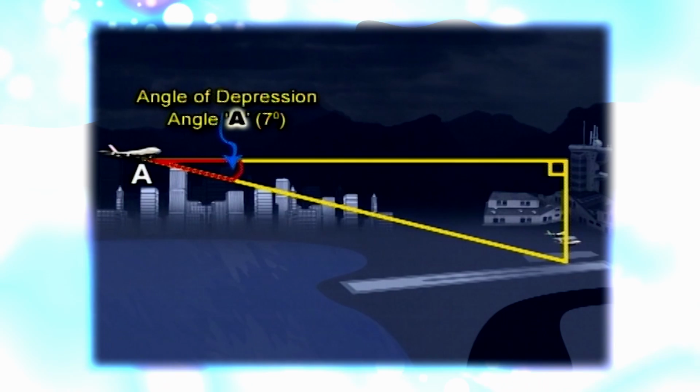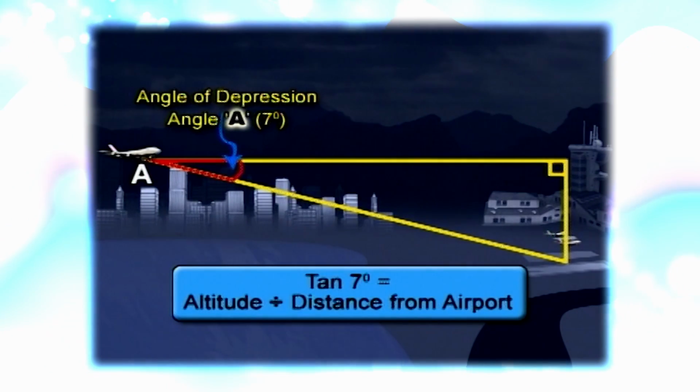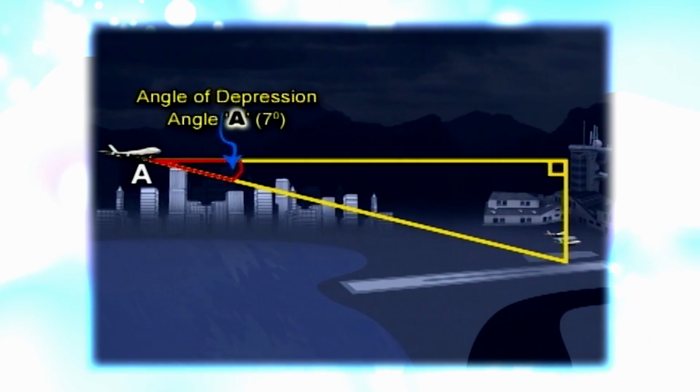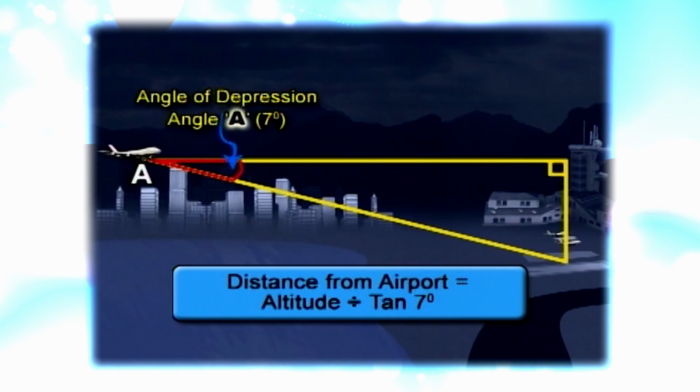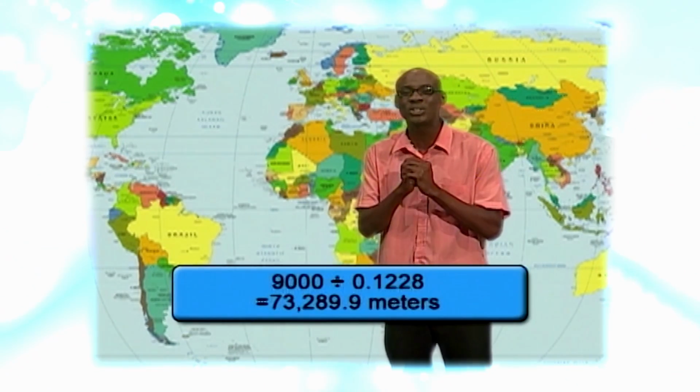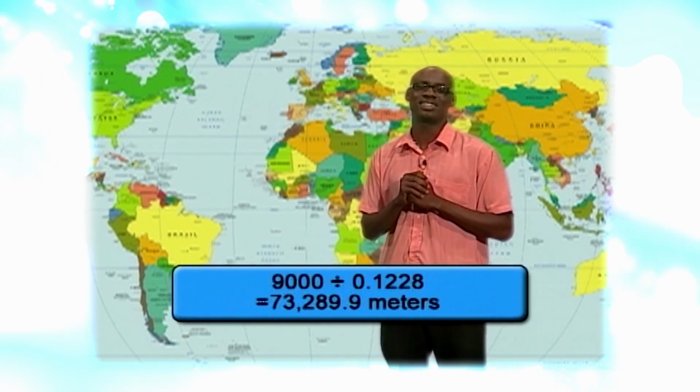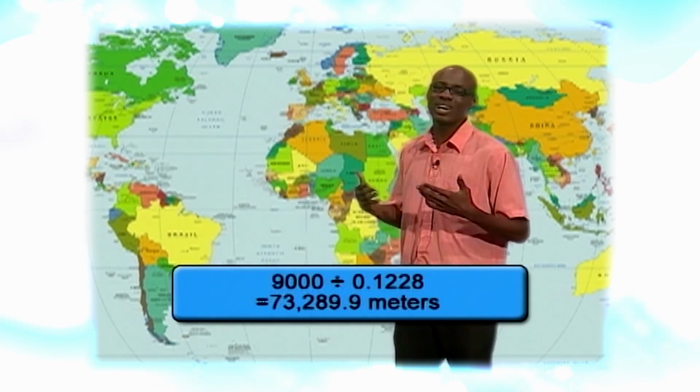So our equation becomes the tangent of 7 degrees, which is equal to the altitude divided by the distance from the airport. And when we change the subject of the equation, we get that the distance from the airport is equal to the altitude divided by the tangent of 7 degrees. The distance is 73,289.9 meters. And we can round this off to approximately